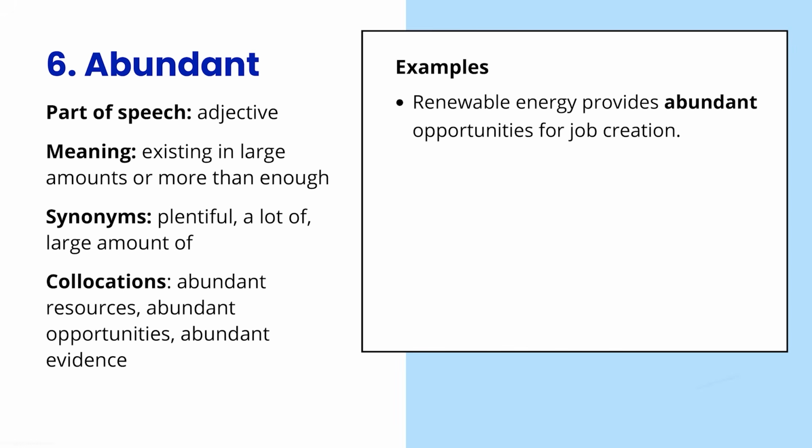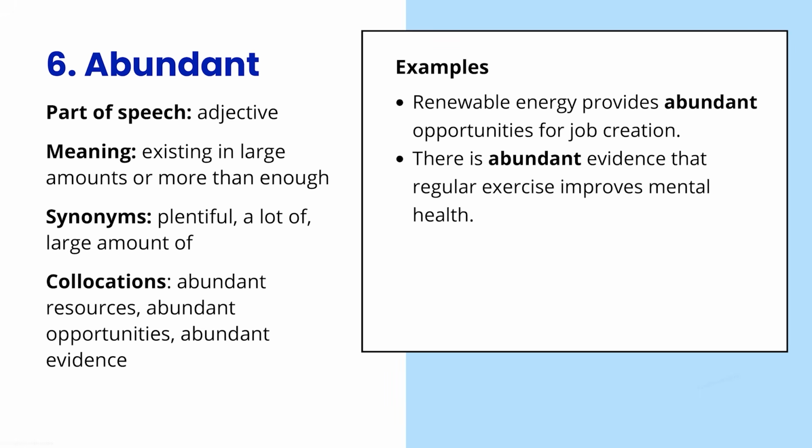So here's an example. Renewable energy provides abundant opportunities for job creation. There is abundant evidence that regular exercise improves mental health. So this is saying that there's more than enough evidence to show that regular exercise is or can improve your mental health. Now, just remember that we normally use abundant for positive or neutral things like opportunities, resources, evidence, or